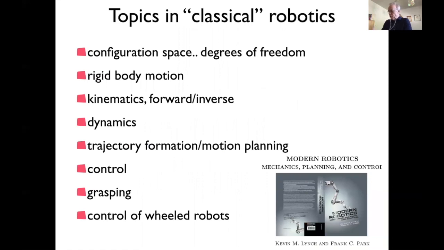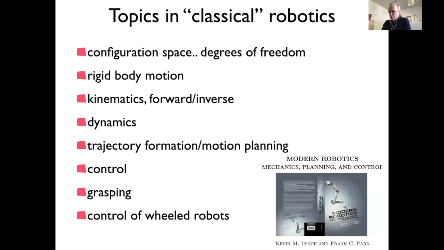If you look up a textbook like the one I cite here on classical robotics, you will see topics that relate to that. So it's about how to describe mechanically robot arms and robot vehicles, the so-called degrees of freedom problem or configuration space. It's about the kind of motions these artifacts, these manipulators make, rigid body motion, about their kinematics, forward and inverse, so computing where they will be in space or computing what kind of joint angles to make to come to those positions, their dynamics, physical dynamics, trajectory formation, which means designing the time courses of the movements and the paths, motion planning,